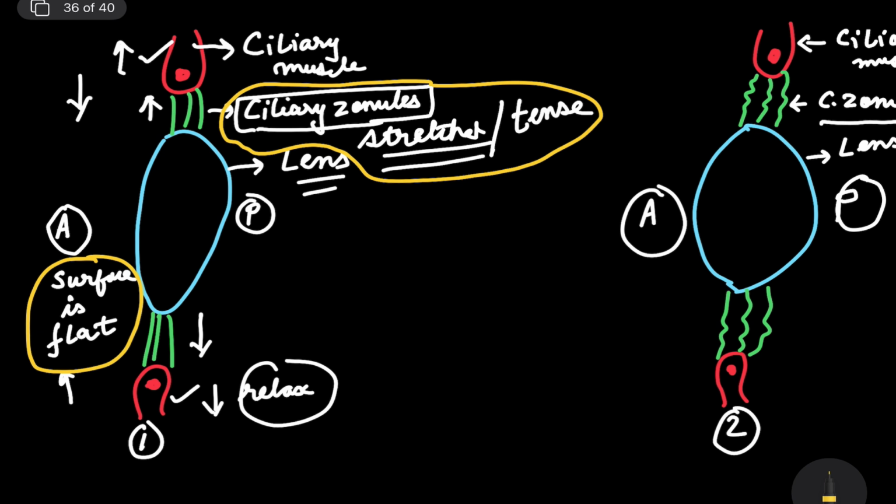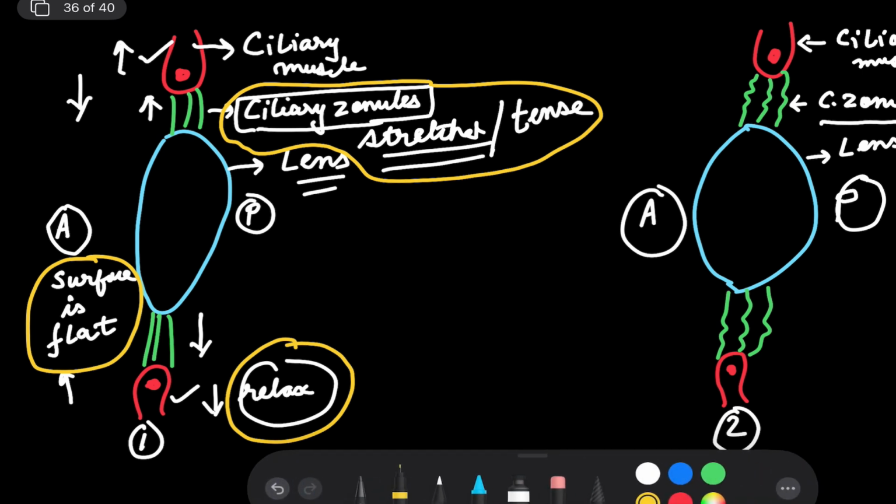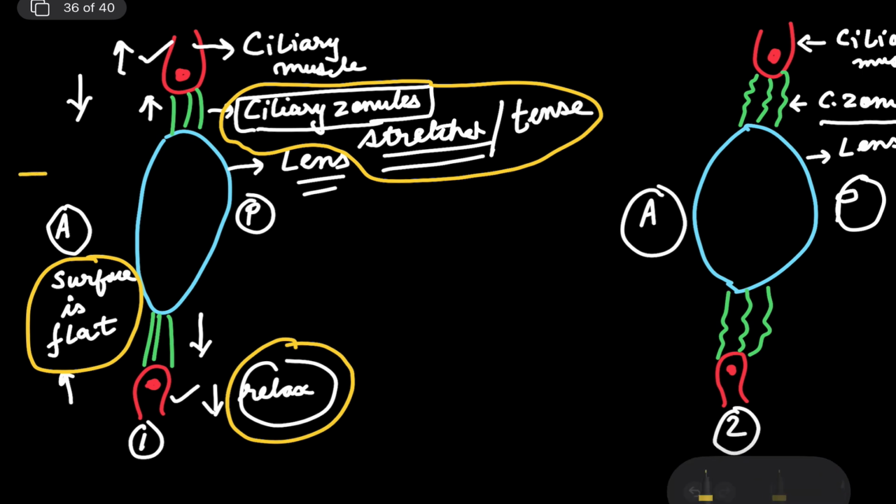And third thing, the ciliary muscle relaxed. These are the three things that happened. As a result of these three things, what will happen is the light rays that are traveling from, suppose, infinity or from a very far away object,